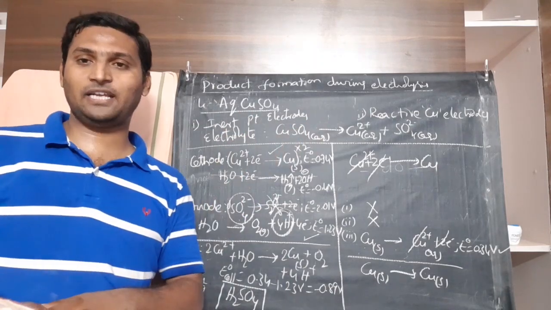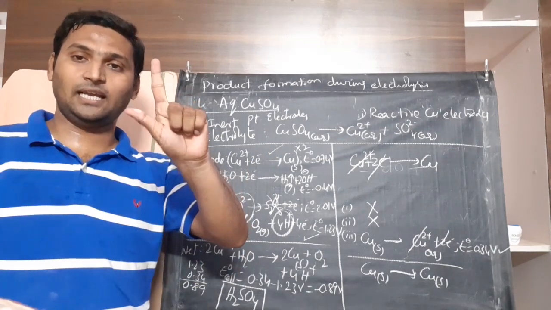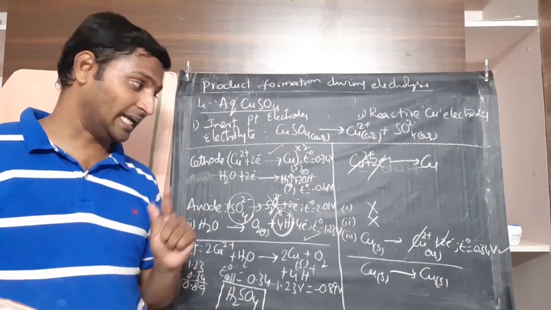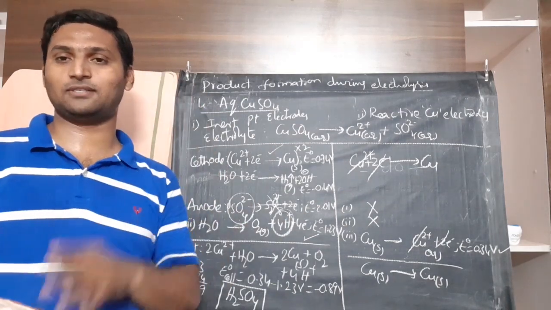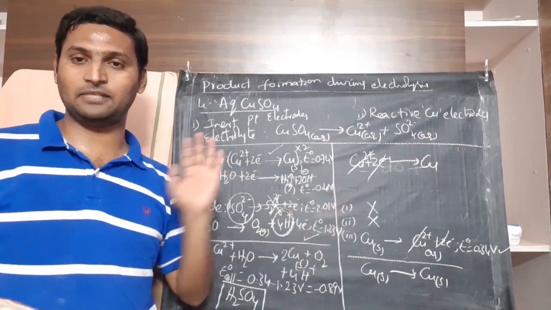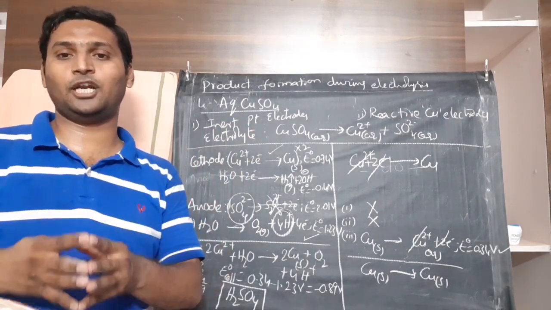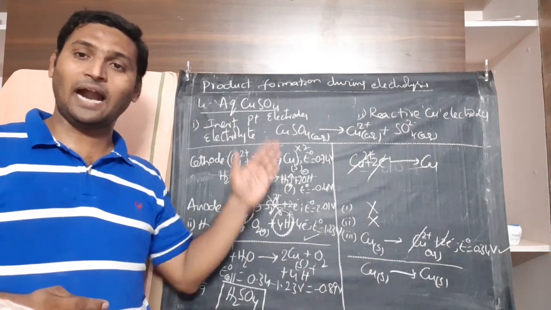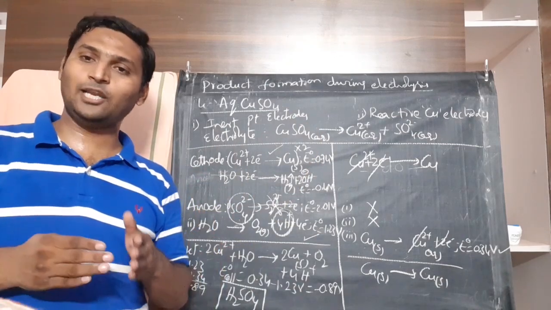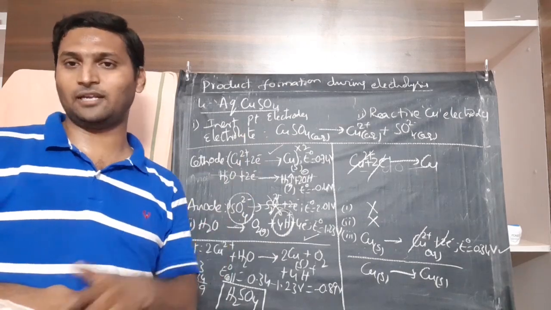Now here, what were the various principles? Physical, the state of the electrolyte also decided the products. The voltages, electrode potentials also decide the products, preferential discharge theory. Then the nature of electrodes also decides the process. So for all the factors which I explained just now, we got plenty of examples. This is what makes you understand electrolysis and product formation during electrolysis. Good, and ample number of examples we have taken. Understand them, revise them once. Then you can apply it to any similar examples if given in entrance exams. For board exams, more than enough. Okay.